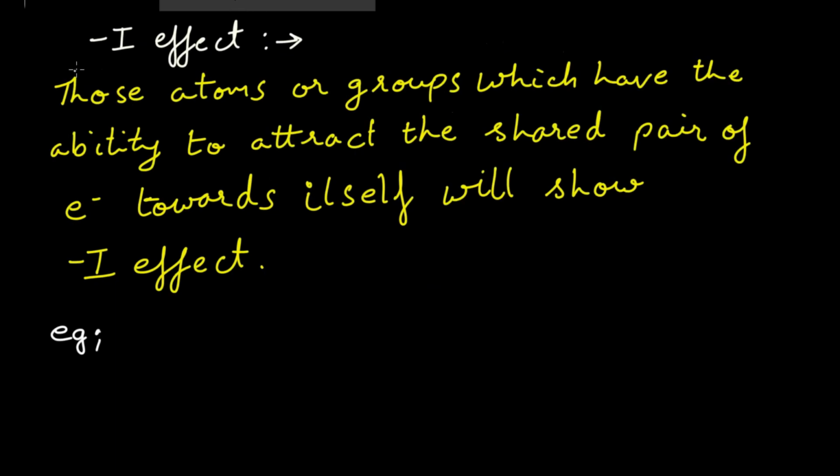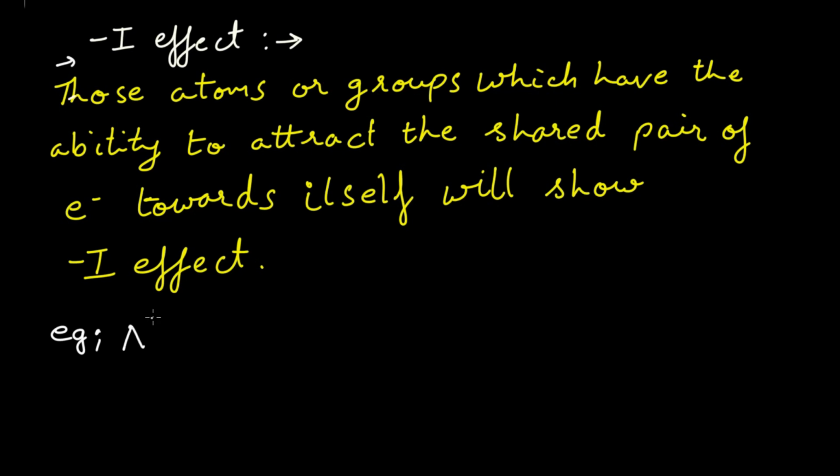Minus I effect. First we will look at minus I effect. Those atoms or groups which have the ability to attract the shared pair of electron towards itself will show minus I effect. Or you can also say those groups which have higher electronegativity and can attract a shared pair of electron towards itself will show minus I effect. Examples of such groups are